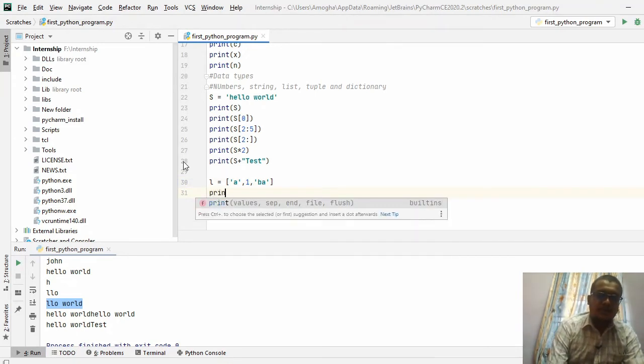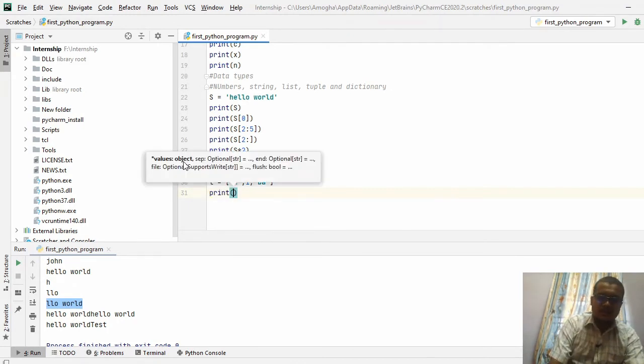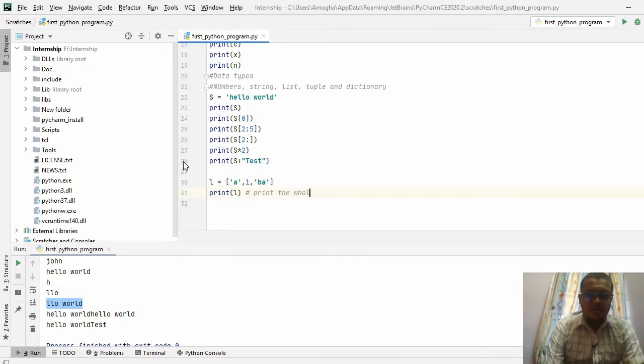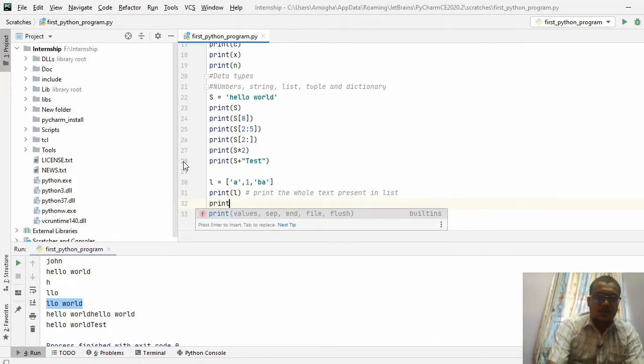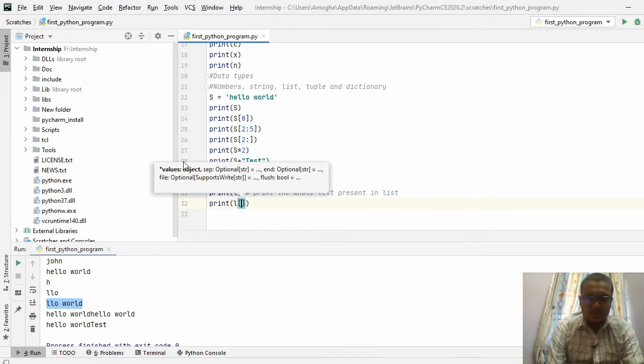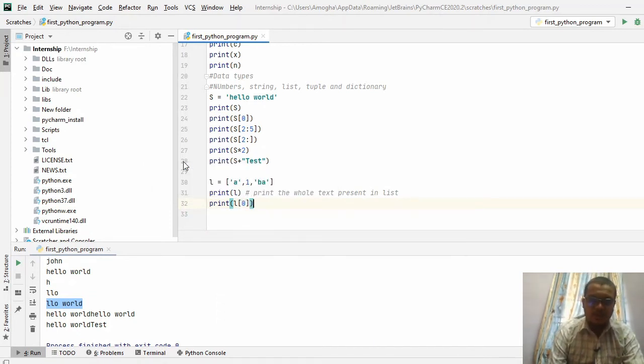So now you can print the whole list. So here you are going to print the whole text present in the list. Here you are going to print the first element. In order to access an element, again you need to use square brackets.